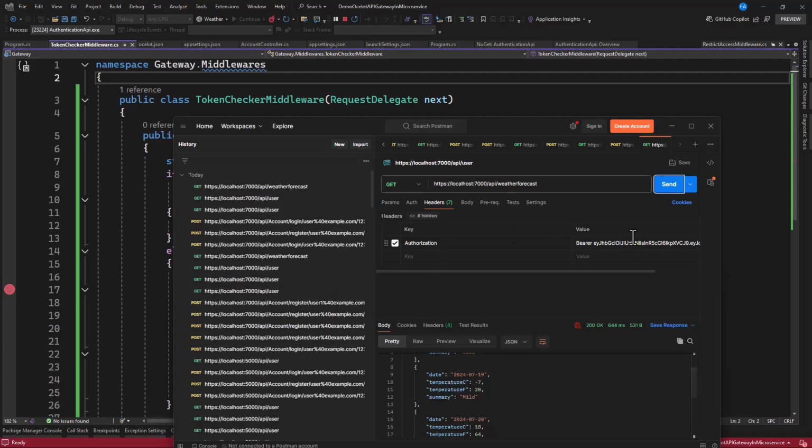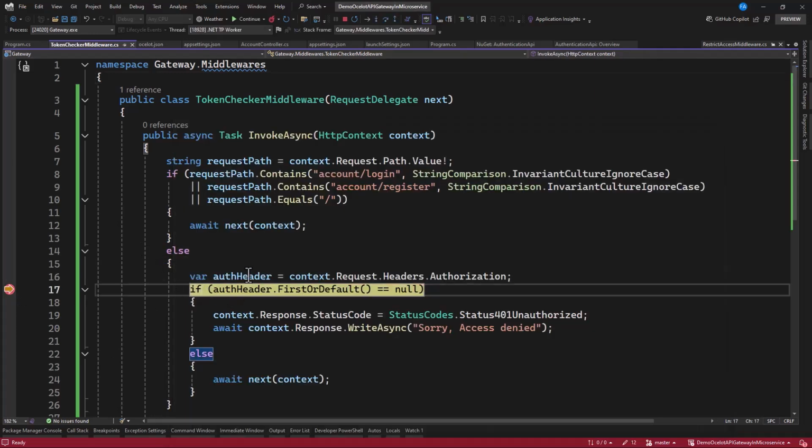Since we have the token added, click on send. It's going to get hit. And if I click, you can see we have the token over here. And as soon as we have the token, we can go ahead and execute this. So you can see this token, we are not doing anything. We are not checking this token. We are not verifying. We're not doing anything. All that you are checking here is to check if it has a token, give it green light. Maybe you can go beyond this. You can go further by extracting even claims from this when you add claims. And now based on the claim that the user has, you can allow the user on a specific endpoint and more.